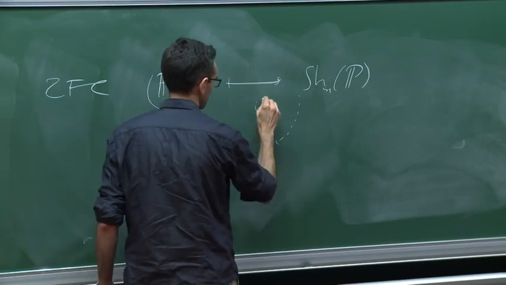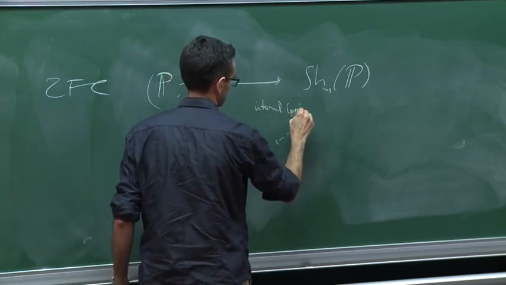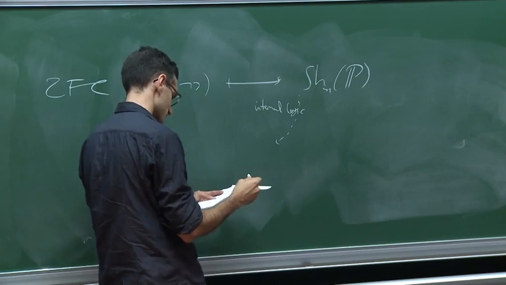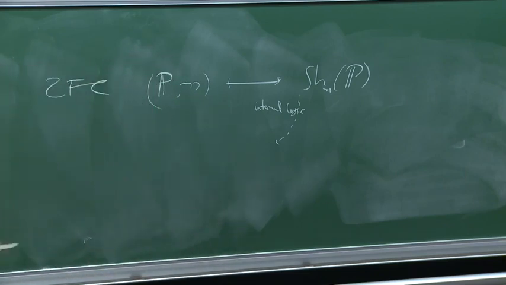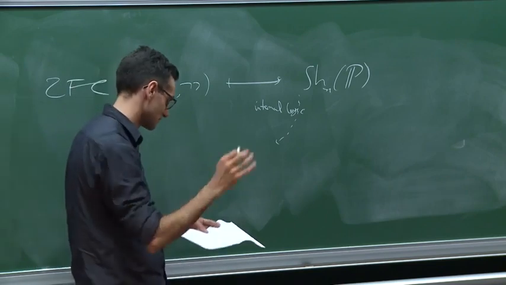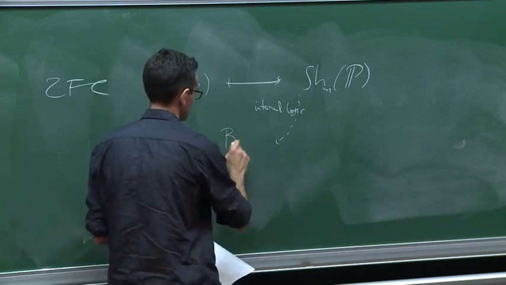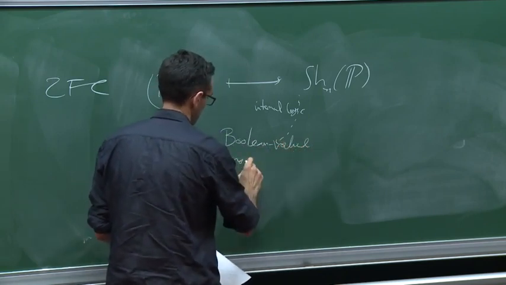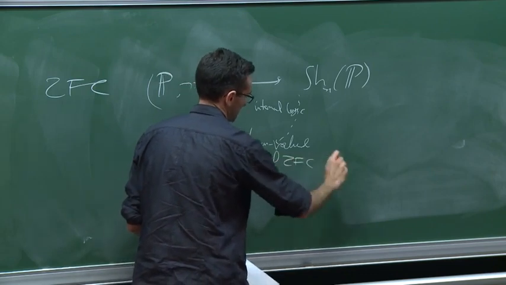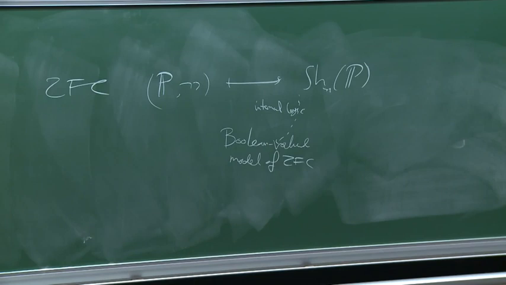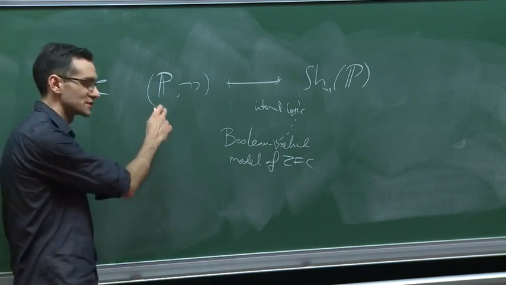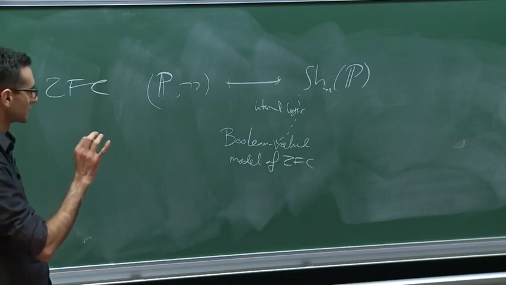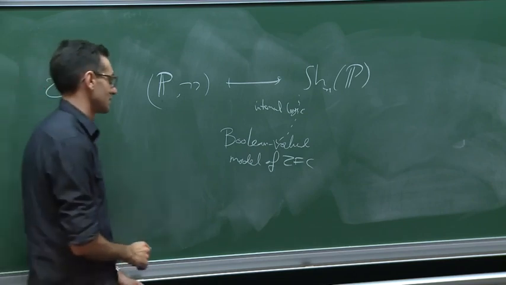You can take the internal logic, and then you just reason in that. It's perfectly good. Then you perform a construction due variously to Cole, Mitchell, Osius, Fourman, and Hayashi, various facets of it, and you get what the set theorists call a Boolean valued model of ZFC. The Boolean part is that this is a topology on this partial order. Take the Boolean algebra of regular opens, and this Boolean algebra is where your truth values lie.